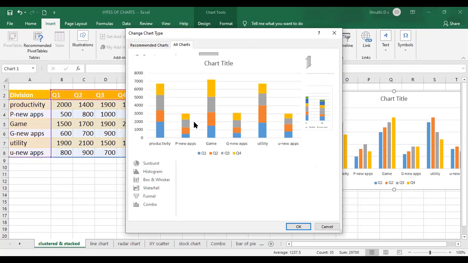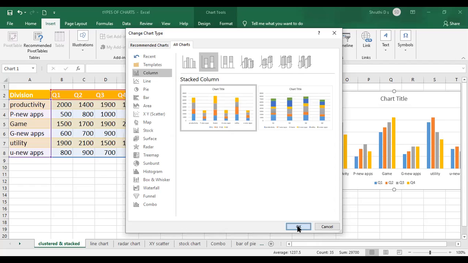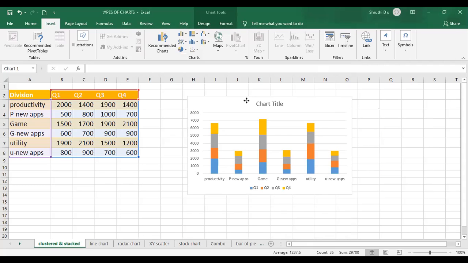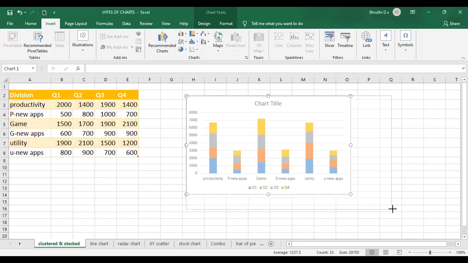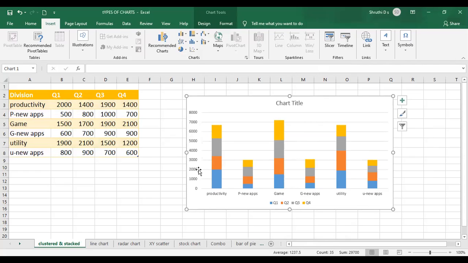See here, once you see the preview, let me just insert it. In the clustered column, we had different bars which indicate each value, right? So here we are going to have a single bar in which the data are represented.